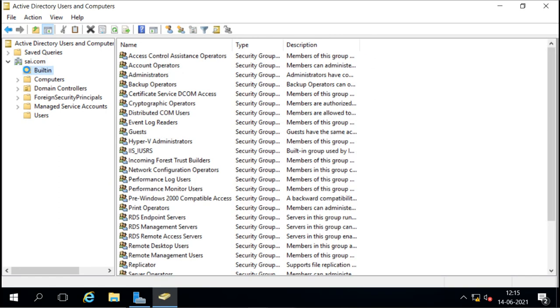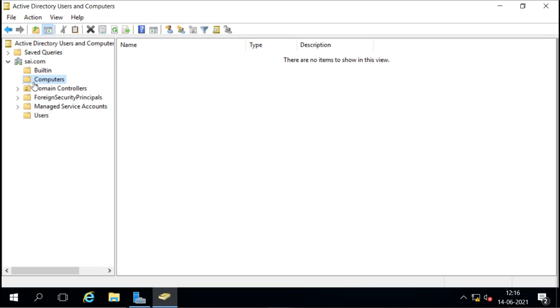The built-in folder contains the built-in groups that come with Active Directory. This folder contains all the client accounts, that means all the machines which become clients of this domain. The accounts for those machines will be created under this folder.